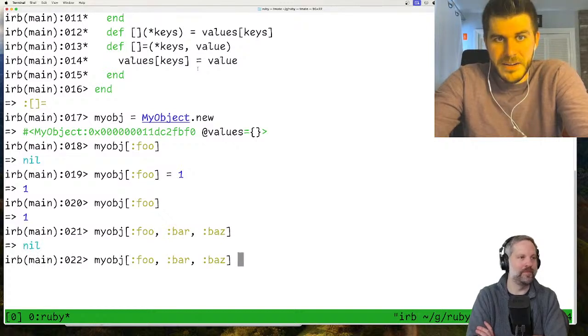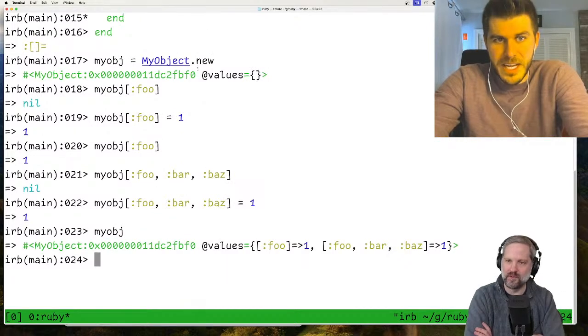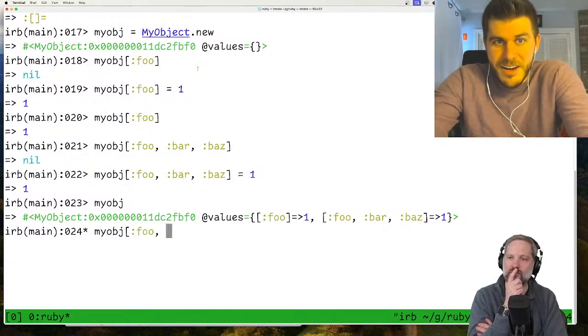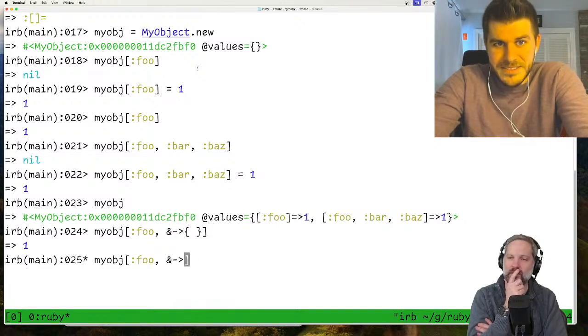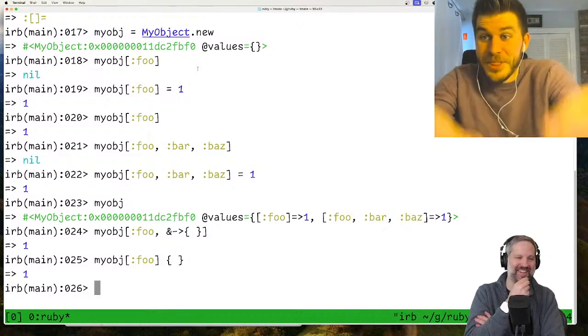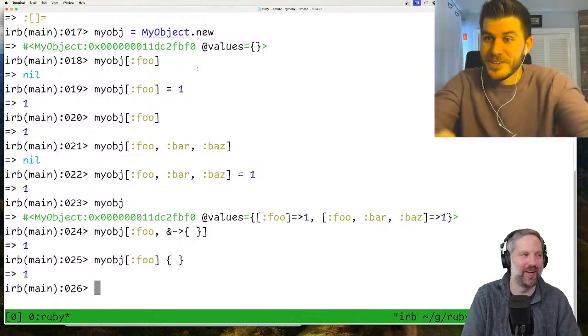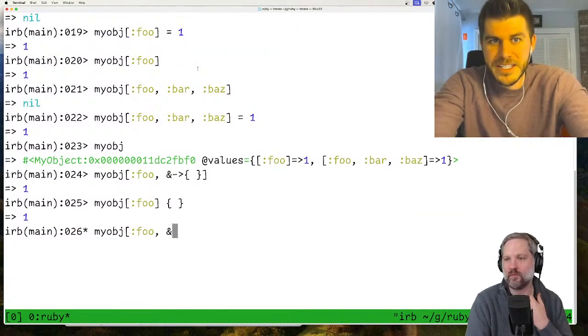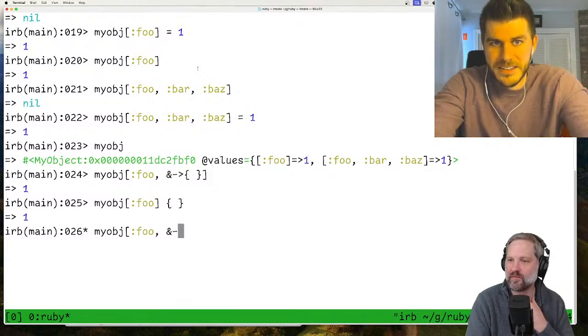If we set that equal to 1 and we just look at it, you'll see that it's in there because we've defined that square brackets method. Now, the square brackets method can also accept a block, like that, or like this. Now, they reused this rule in the grammar, which means that if you do my object foo and you have some kind of block here,